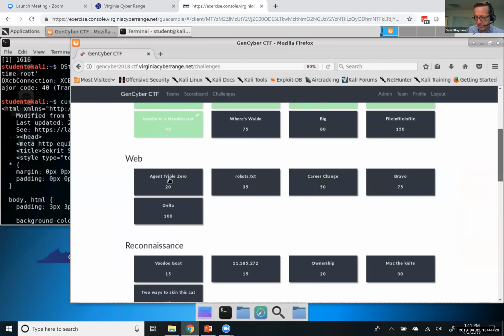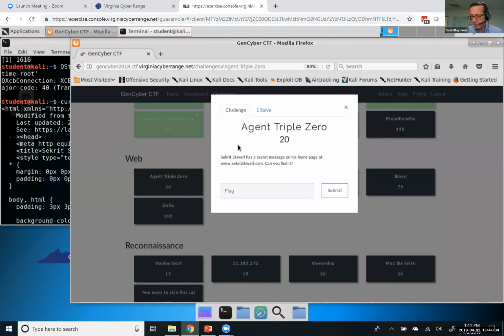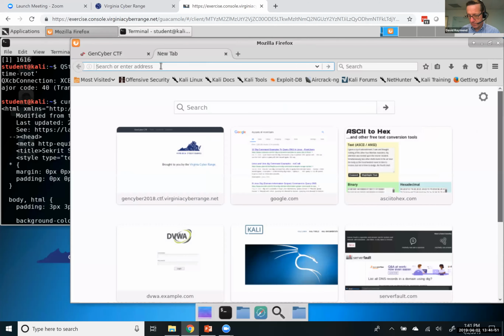Let me go to the web challenge. So, as usual, we have a variety of challenges of varying point levels. And we're going to start with a simple one called Agent 000. This web challenge says, Secret Squirrel has a secret message on his homepage at www.secretsquirrel.com. Okay, on his homepage. So I'm going to copy that, and I'm going to go to